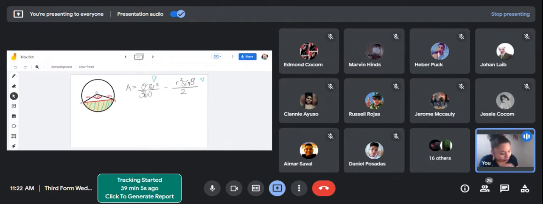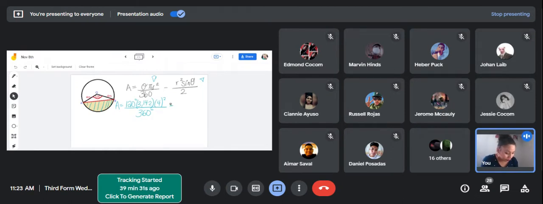Very good. So I'm going to substitute that information here. Area is equal to 120 times 3.142 times 4 squared over 360 degrees